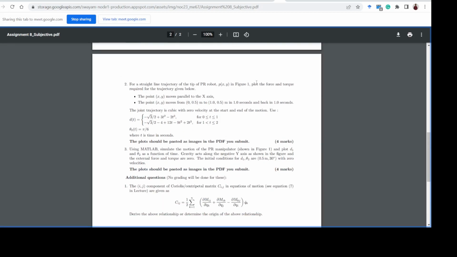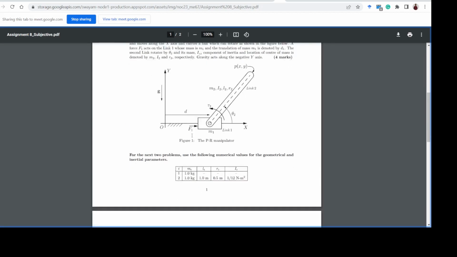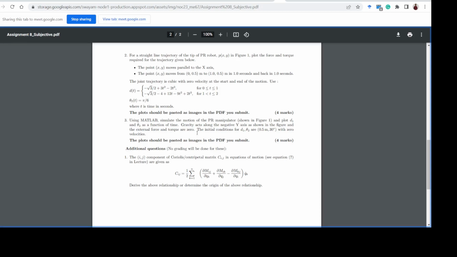And then in the second question, you have been asked the required force and torque to track the trajectory that is given here. To get the required forces and torques, what we require is the inverse dynamics of the system. And inverse dynamics we get from the equation of motion. Basically, in the equation of motion, we rearrange to get the expressions for whatever external torques and forces are required. And using the trajectory that is given, d is given as a function of time, so you can get d dot, d double dot, and theta is given as a constant. So theta dot and theta double dot are zero in this case,